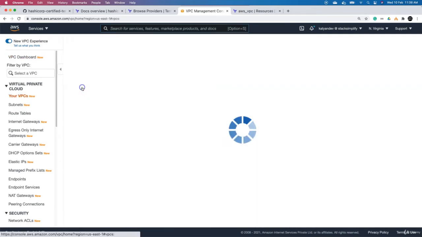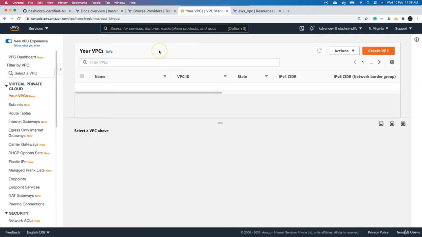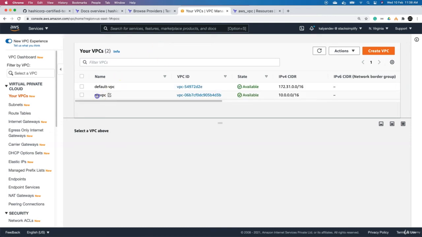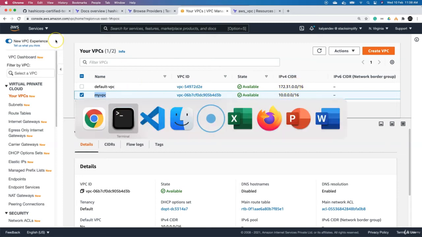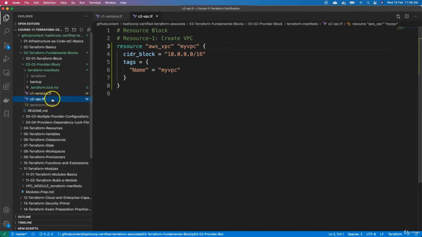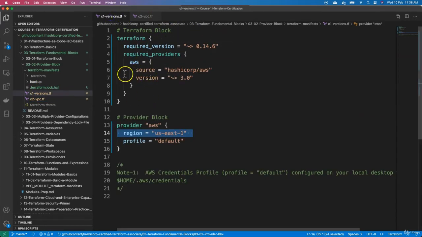And you have two VPCs, one might be a default VPC and the other one is the my VPC that you have created with 10.0.0.0/16. So this is what you have created now. So now this completes the configuration of a Terraform block, provider block and a resource block in a step-by-step manner